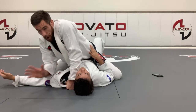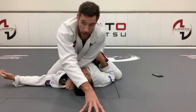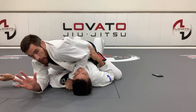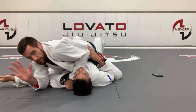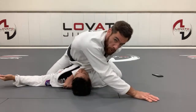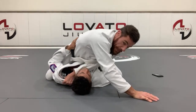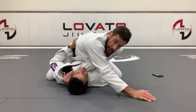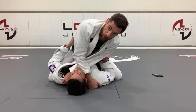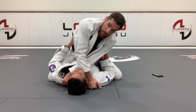So I can go off center, I can go above, and I can come back, all right? So I'm always in base and I'm always safe. My other hand's always on the mat. So I'm here, look, boom, boom. He bridges here. My hand's there, I'm basing, I'm good. And now I'm gonna use my elbow to turn his face, get my second grip, just a fast grip right on top of his shoulder,